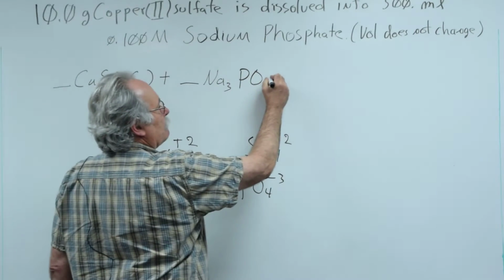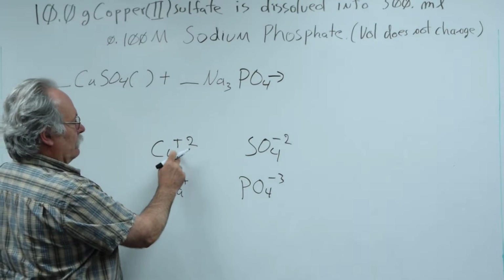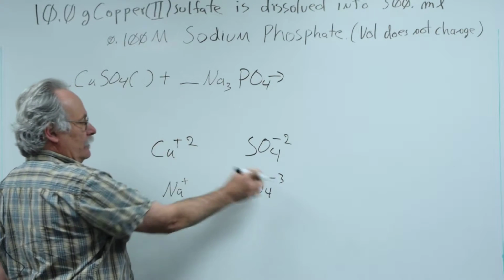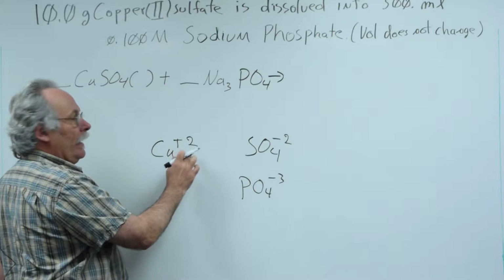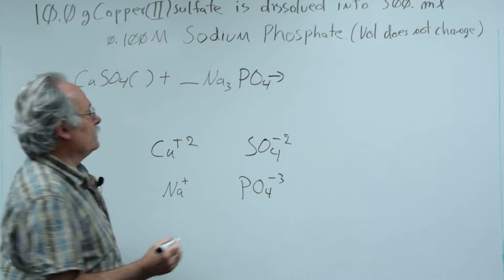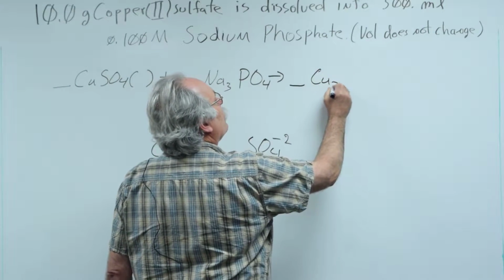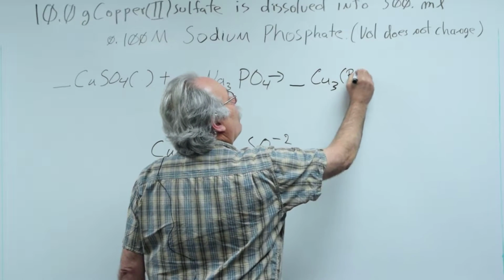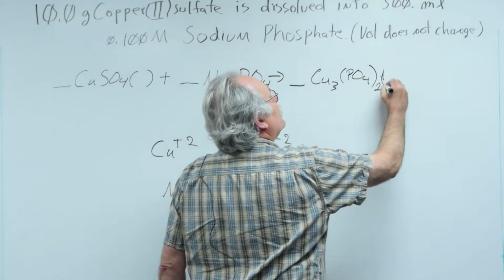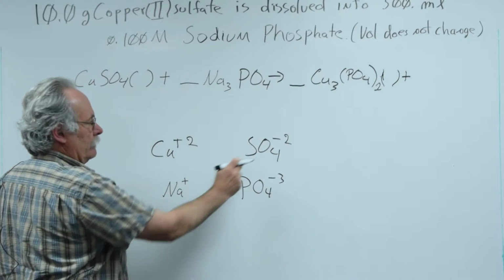Now, for the double displacement reaction that we have, we swap partners. So we make copper phosphate. For this to be neutral, we'll need 3 of the plus 2's, which is a positive 6, and 2 of the minus 3's, which is a negative 6. So we form Cu3(PO4)2, and we put a parenthesis here for the phase, plus we form sodium sulfate,